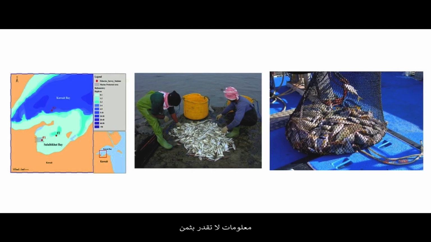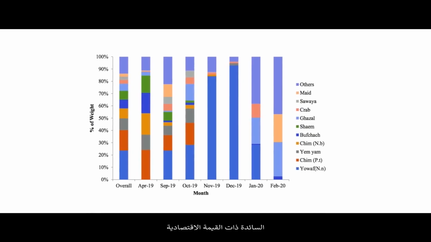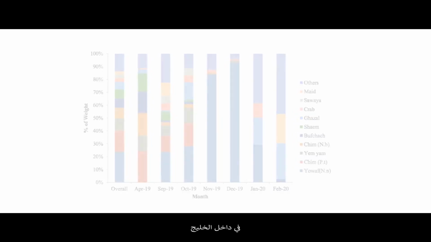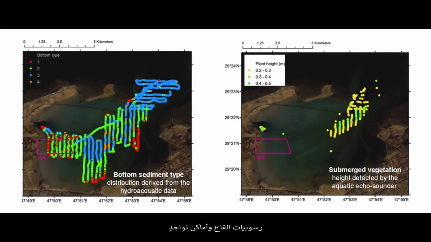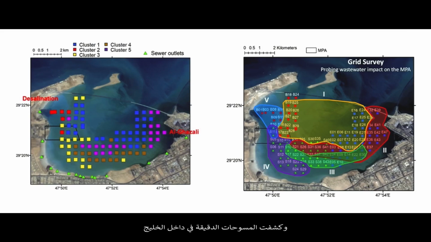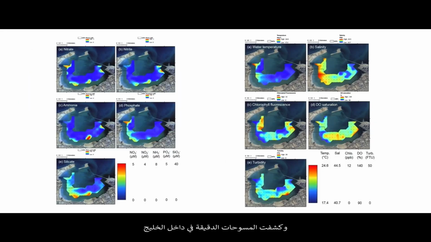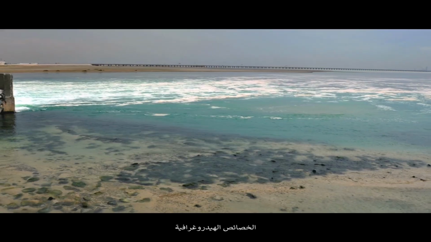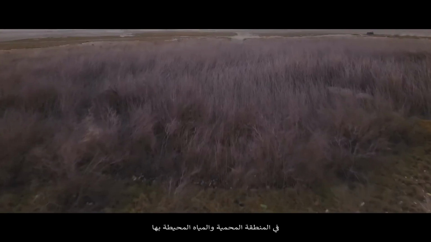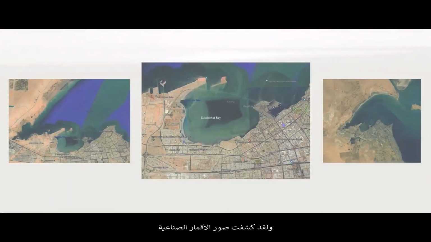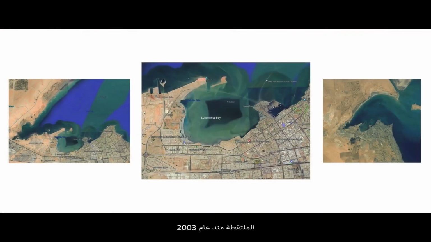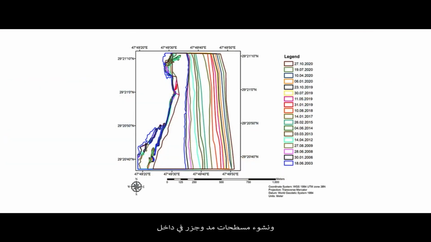Fishery surveys yielded invaluable information on the most dominant and commercially important pelagic and benthic fish stocks inside the bay. Habitat mapping revealed bottom sediment characteristics and the absence of submerged vegetation. High-resolution grid surveys conducted inside the bay revealed the influence of anthropogenic point sources on hydrographical characteristics of the MPA and surrounding waters. Remote sensing data since 2003 has suggested substantial modifications of coastline and significant tidal flat development inside